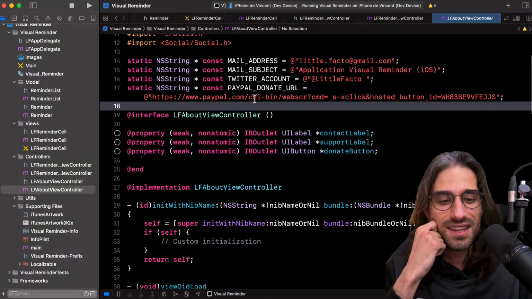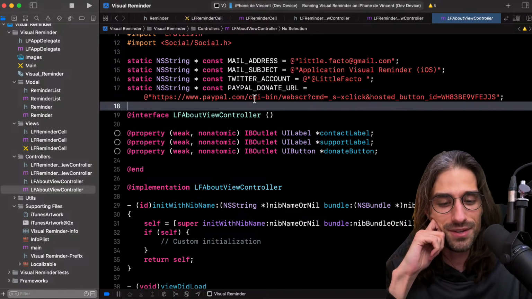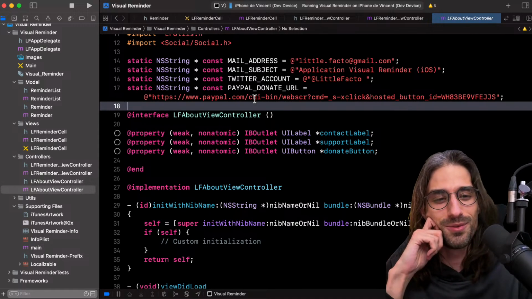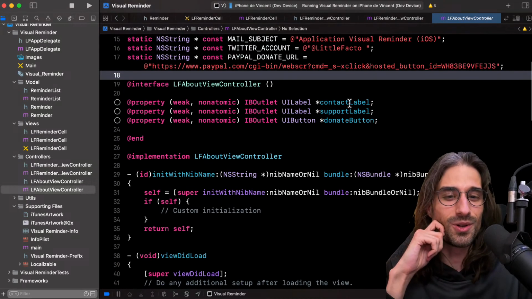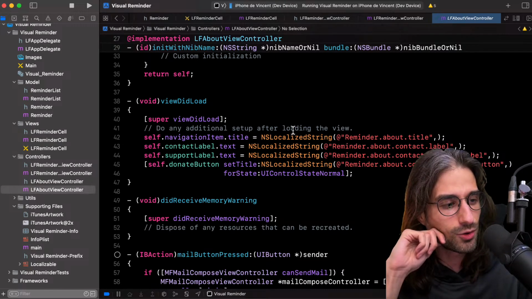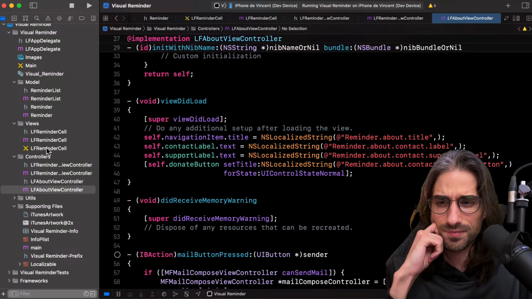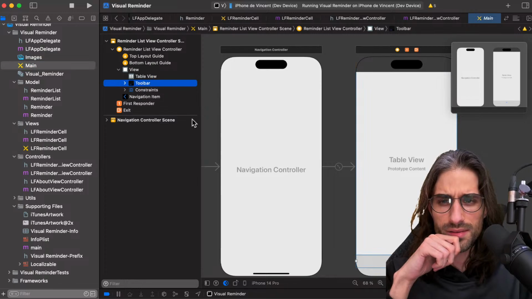And I was opening Safari because there was this kind of loophole that if you want to open a PayPal donation page in Safari, you would be able to get money. So how do you get to display this about screen in the app, because it's not accessible anywhere? Can I get it from the storyboard somewhere?